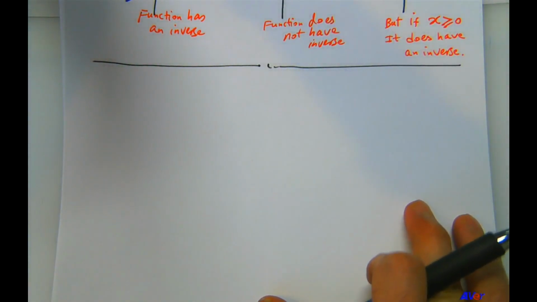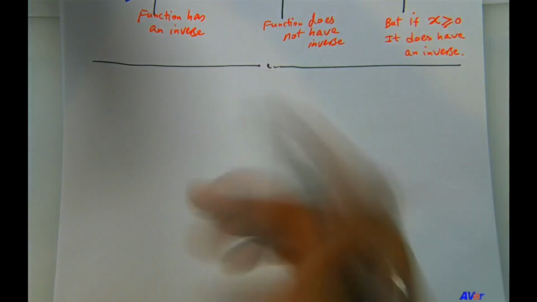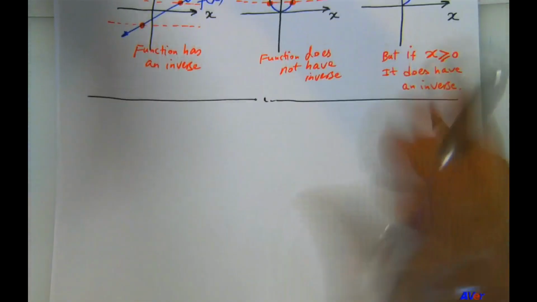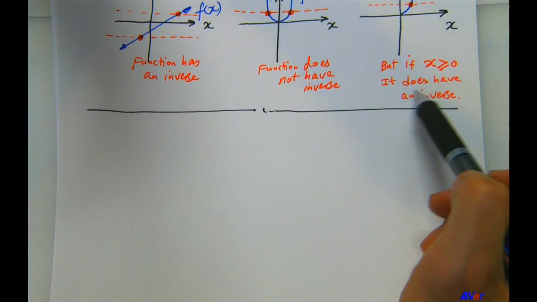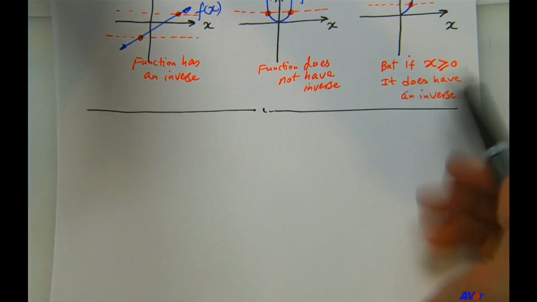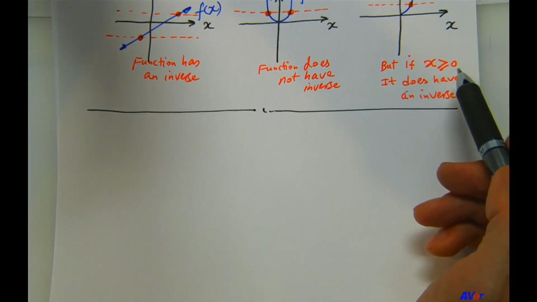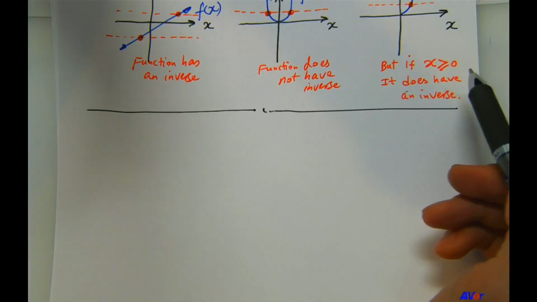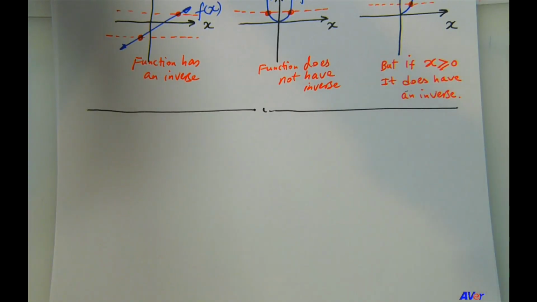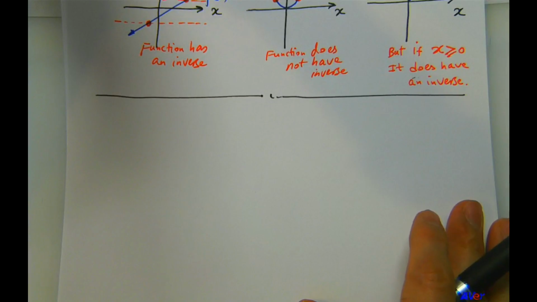Now we're going to talk about the trigonometric functions. By the same token, we need to restrict the domain of trigonometric functions. Otherwise, none of them will pass the horizontal line test. You remember all the graphs of the sine, cosine, tangent, cotangent, secant and cosecant functions? None of them will pass the horizontal line test. So for each one of those trigonometric functions, we need to restrict the domain. The question is, to what interval do we need to restrict the domain? Let's take a look at that.